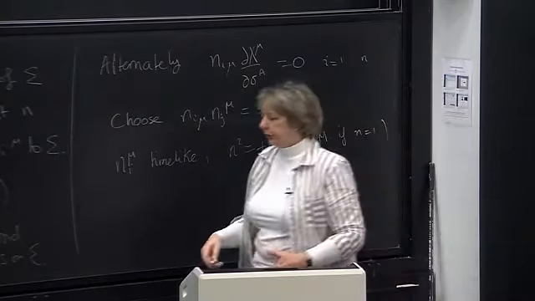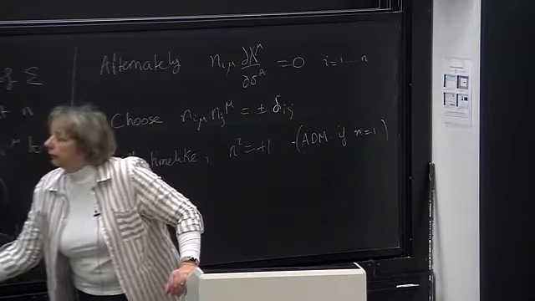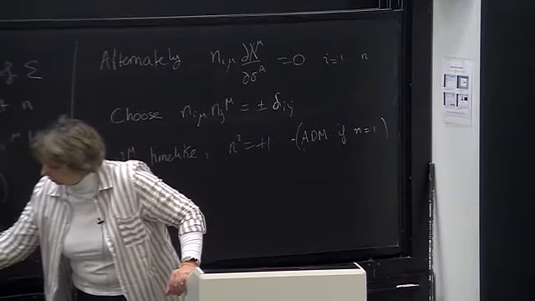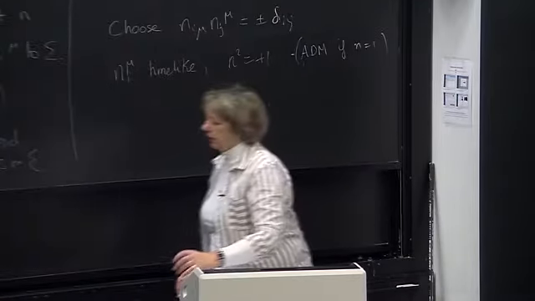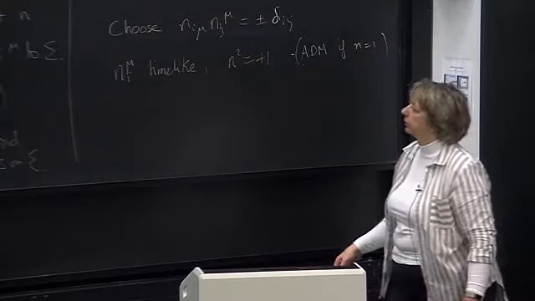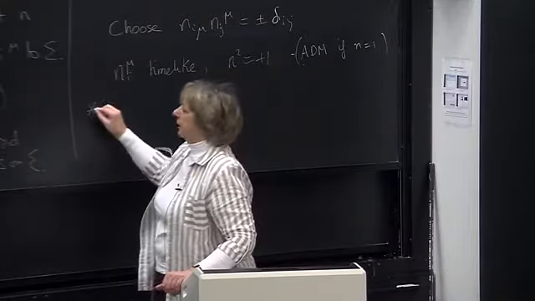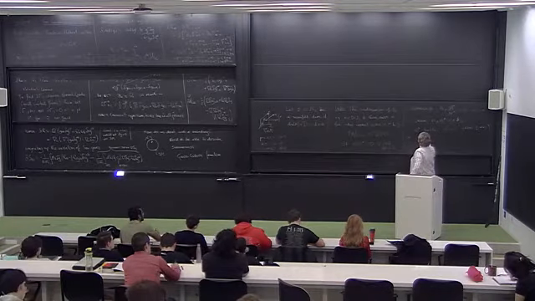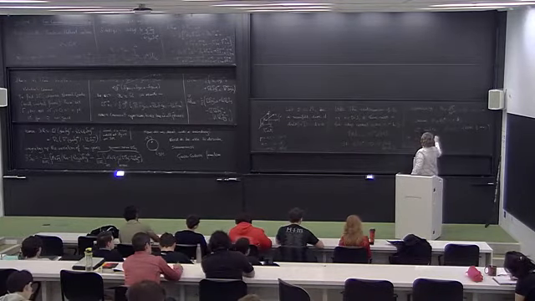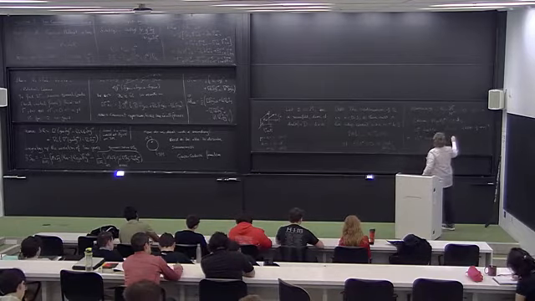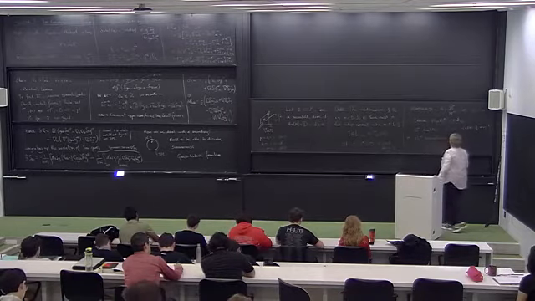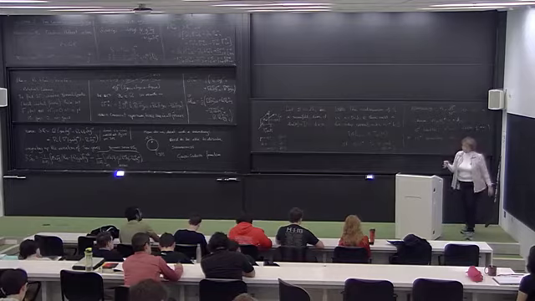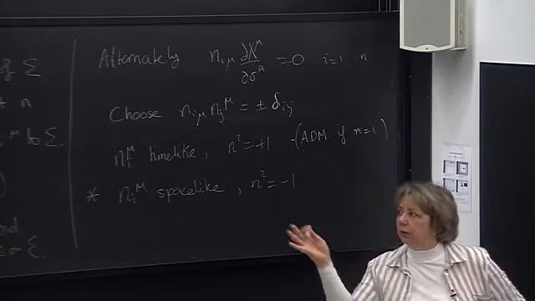Just for the sake of keeping things as straightforward as possible, I'm going to assume that my normals are all space-like. So then n squared is minus 1, and this is sort of what we're doing, or what we imagine that we're doing